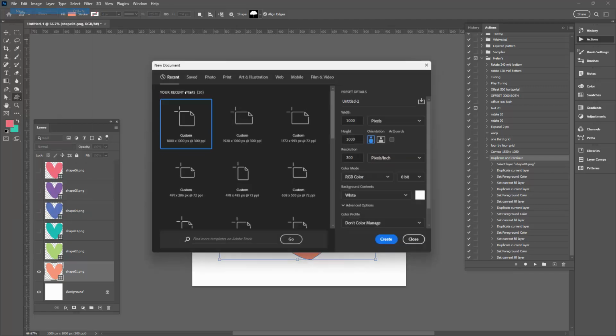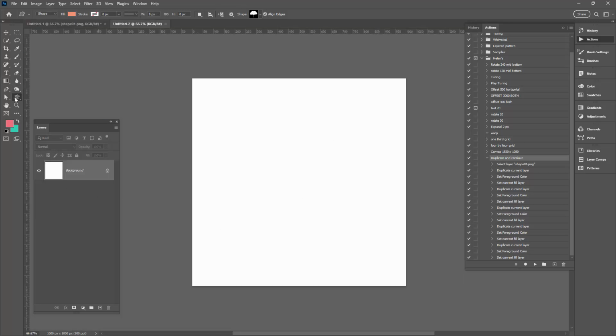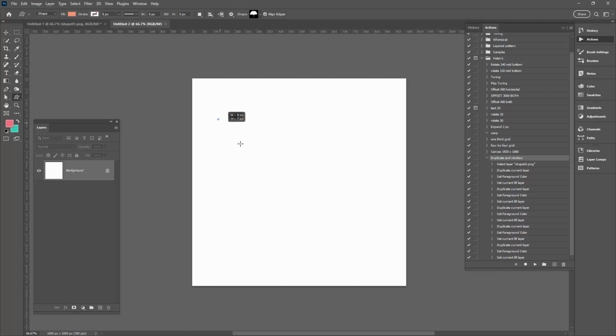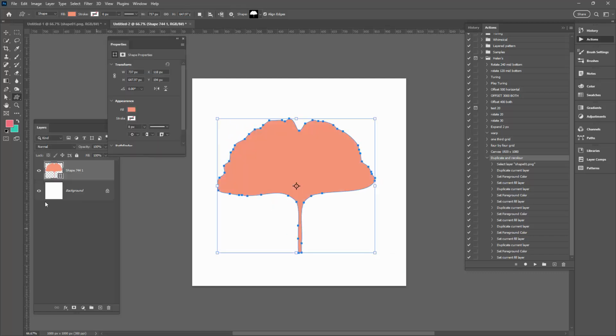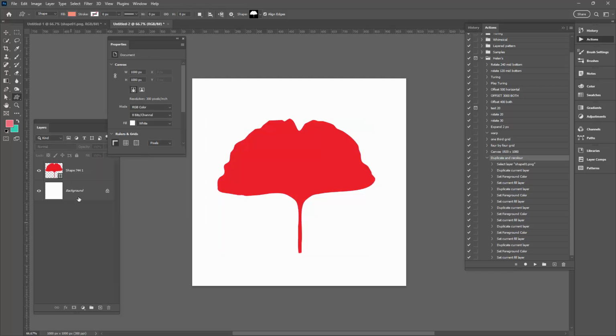So I'm going to choose File, New, and I'm going to create a new document. It doesn't have to be the same size. I'm going to the Custom Shape tool. I'm going to choose a shape to use. Again, this can be any shape at all. I'm going to use this leaf shape. And then I'm going to fill it with a color. So I'm just going to the fill colors. Let's choose bright red. I'm going to click away from the shape and I need to name this layer, because